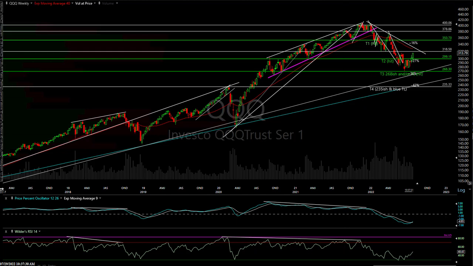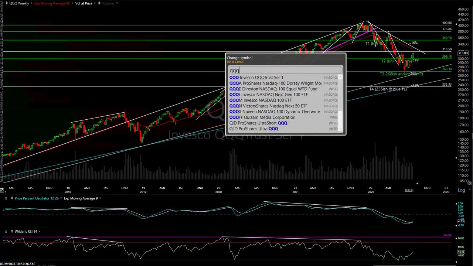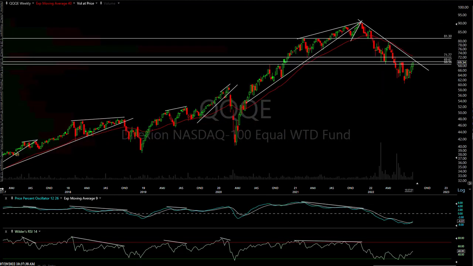As you'll note up here, we're up about 1.27% today, and that is largely, almost exclusively, due to the FAANGs. If you look at QQQE, just put an E at the end, it's going to give you the equal-weighted NASDAQ 100 ETF, and you can see that one is only up 0.4%. And that's also due, again, it has these guys in there, but Amazon's up 12% today, right into resistance, as I showed you last night.